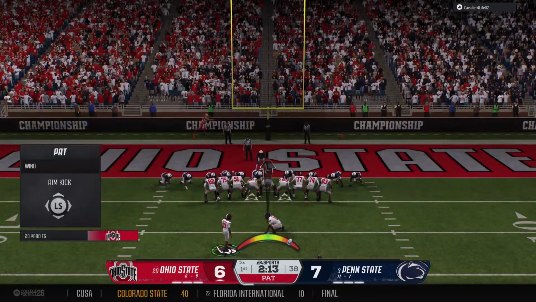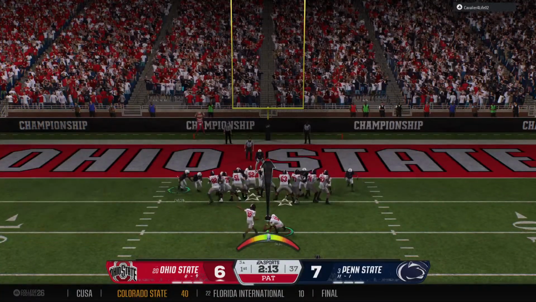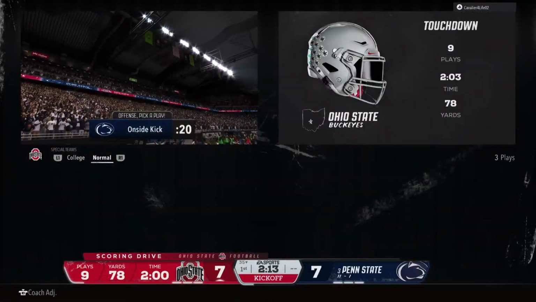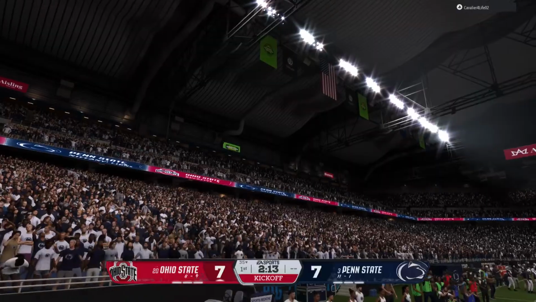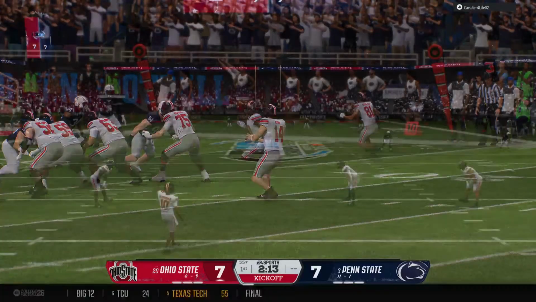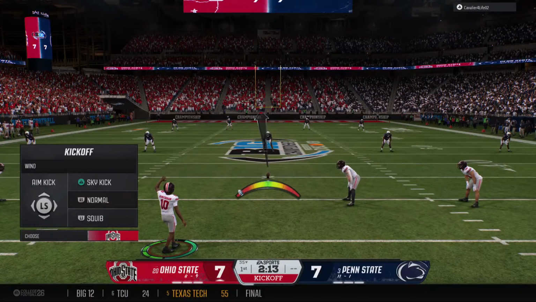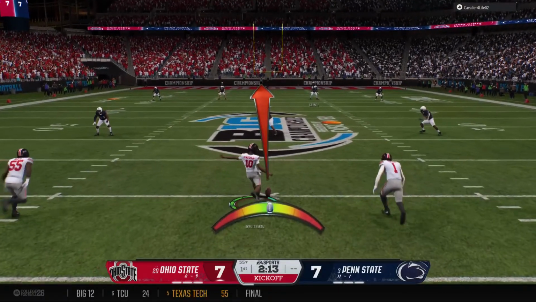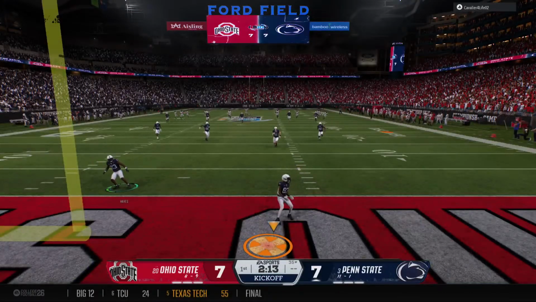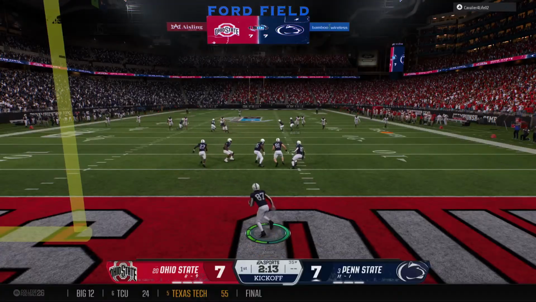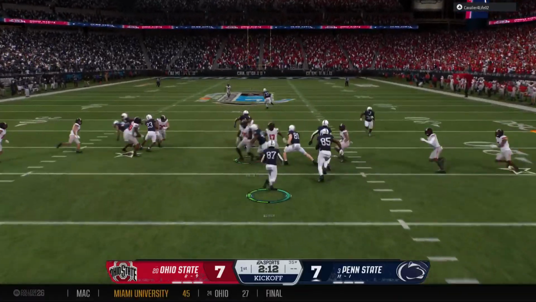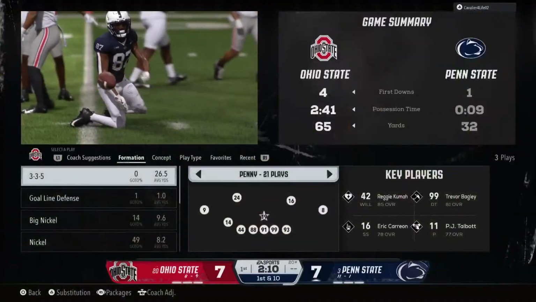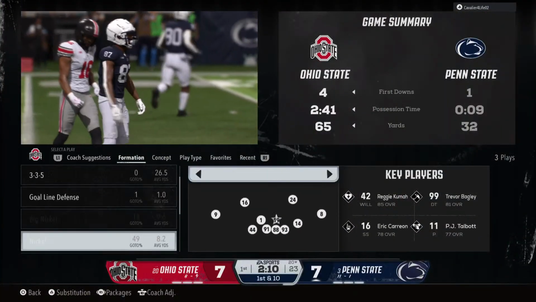Now they line up to kick the extra point. And it's up and good. Kickoff team out there, they are fired up after just scoring a touchdown. And from deep in the end zone, he'll bring it out. And he's stopped at the 20, trying to make something happen, but that's good coverage there.